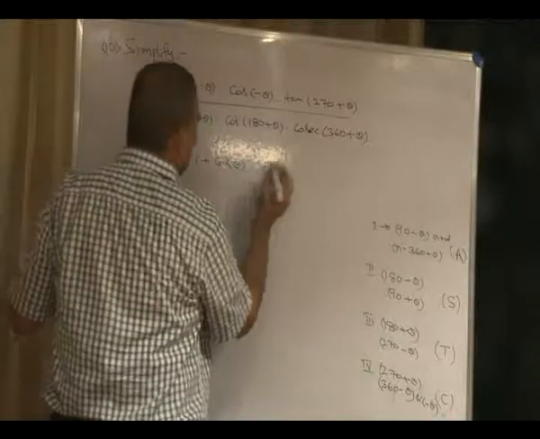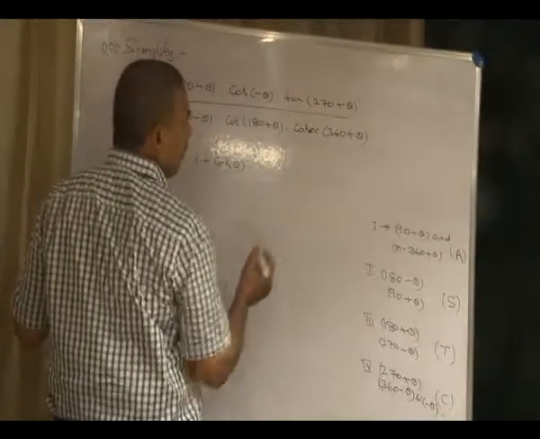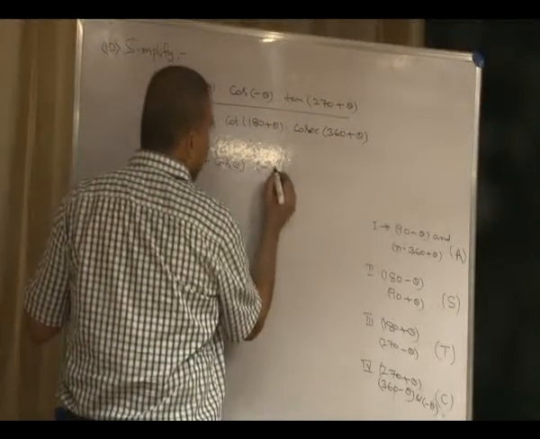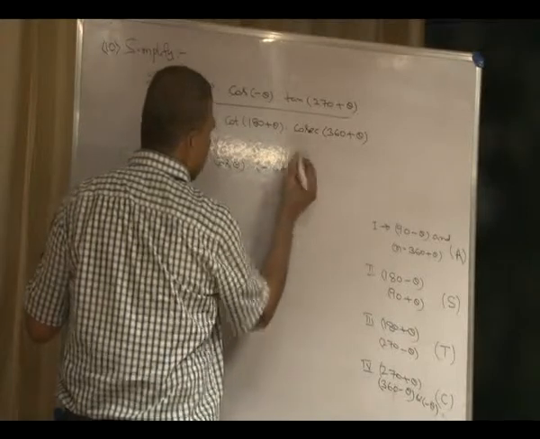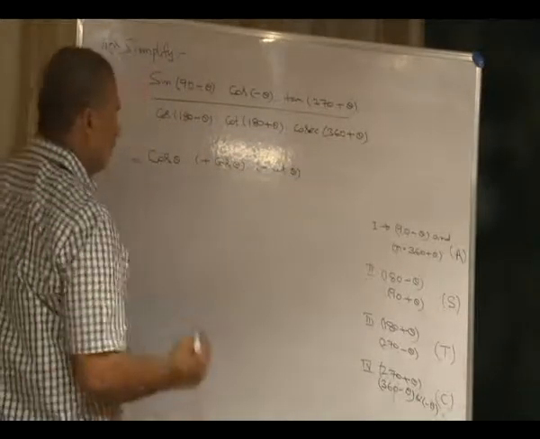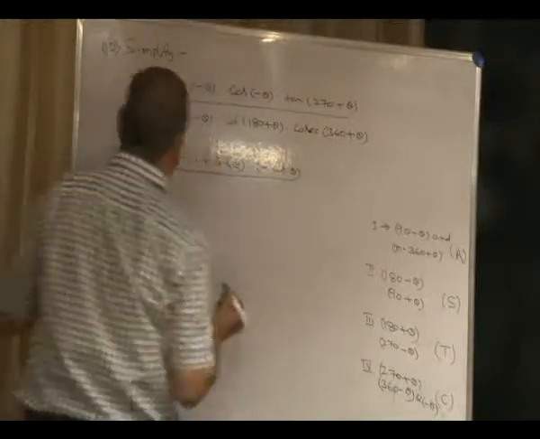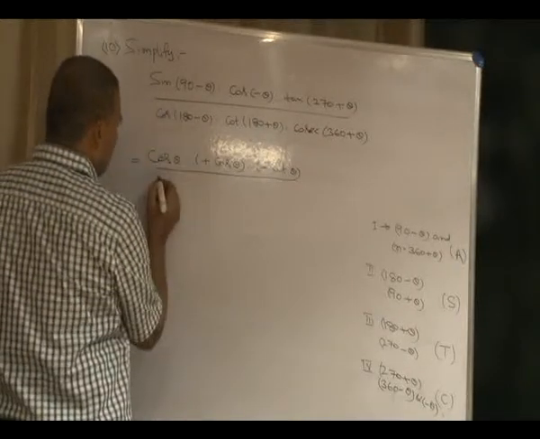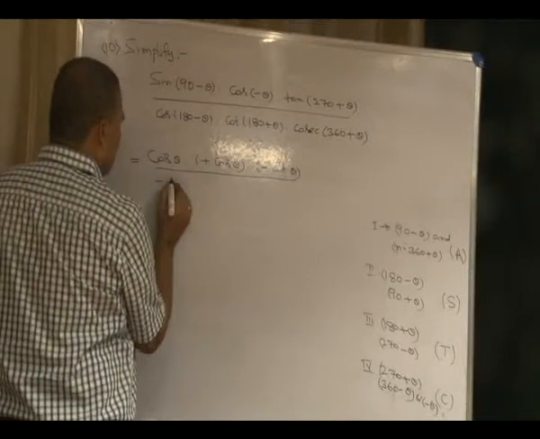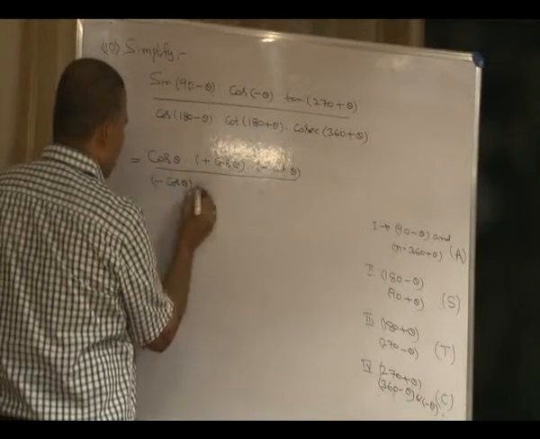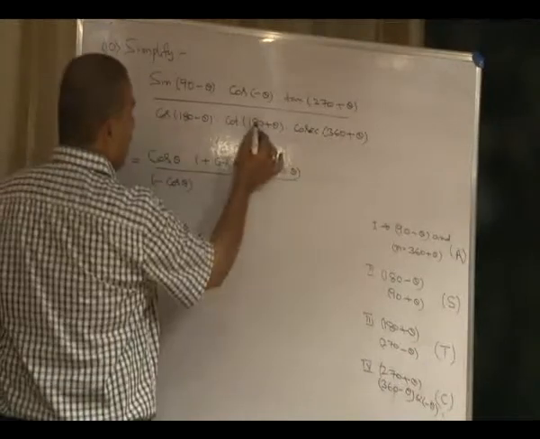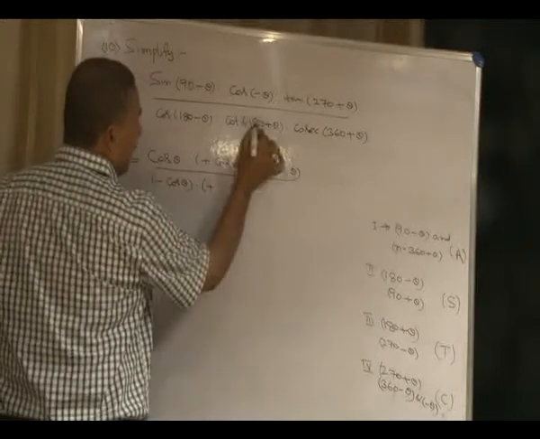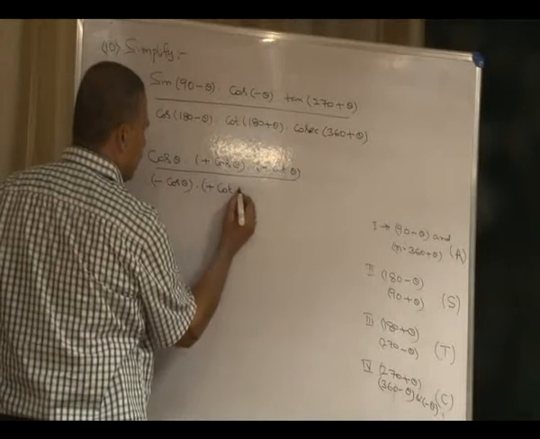Here an angle 270 plus theta comes under fourth. Fourth, tan is negative. In 270 plus theta, tan changes to cot, that is minus cot theta. The value of tan of 270 plus theta is minus cot theta. Cos 180 minus theta comes under second. Second quadrant cos is negative. In 180 minus theta carry the same function, that is minus cos theta. Angle 180 plus theta comes under third. Third quadrant cot is positive, and in 180 plus theta same function, that is plus cot theta.